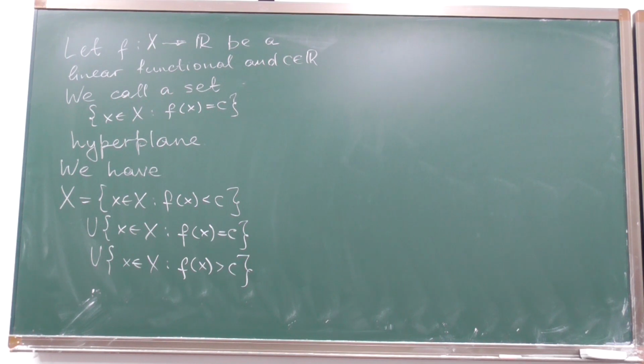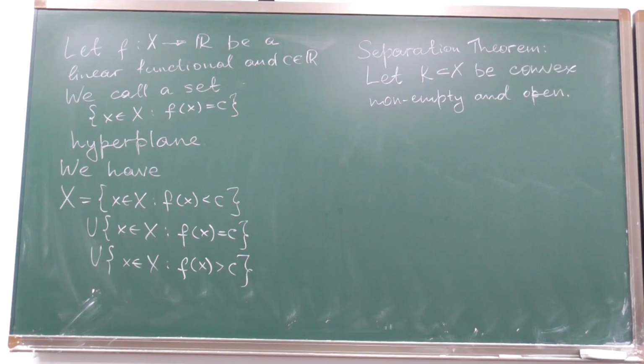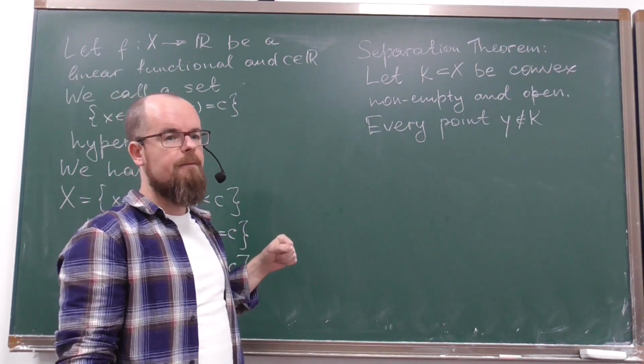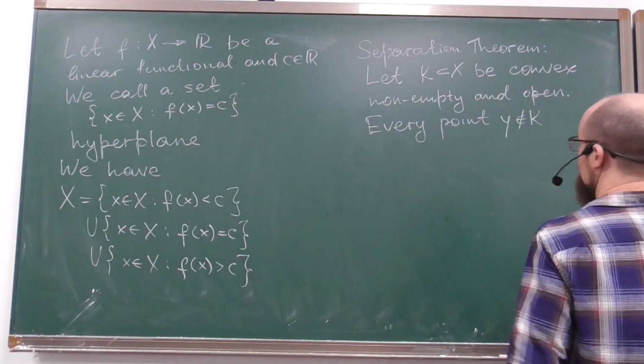And now let us state our first result, which is the geometric form of the Hahn-Banach theorem. Typically it is called the separation theorem. So let us take a set K to be convex, non-empty, and open. Now, if we take a point y which does not belong to K, then this point can be separated from K by a hyperplane. That is,